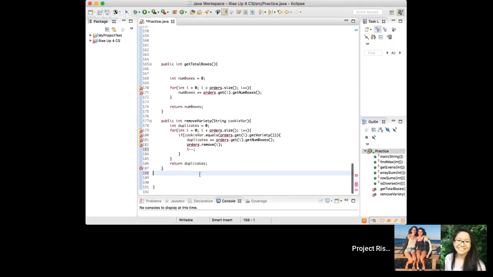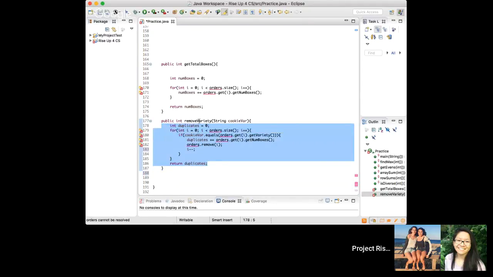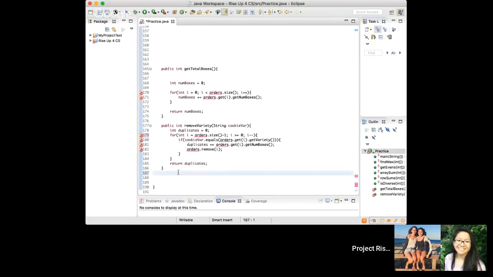Or you can basically do the same thing, but you can actually start from the end. So order stat size minus 1, and then you can go until it is greater than or equal to 0. And then you can have i decrease. Then you wouldn't even need this line, because if you're checking from the end,